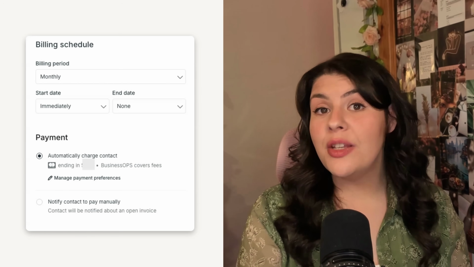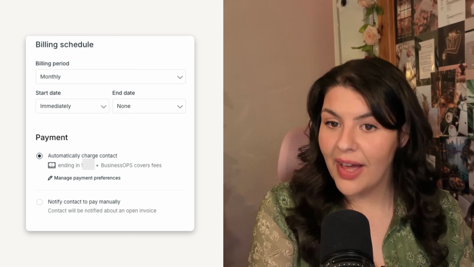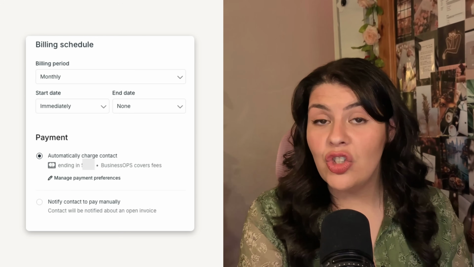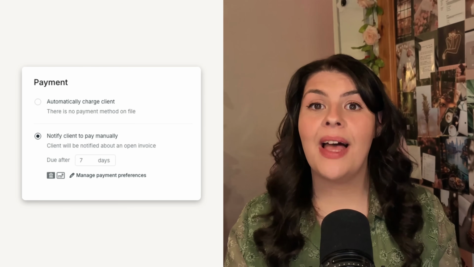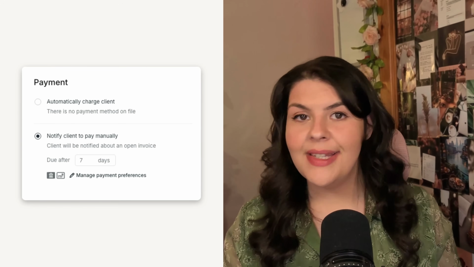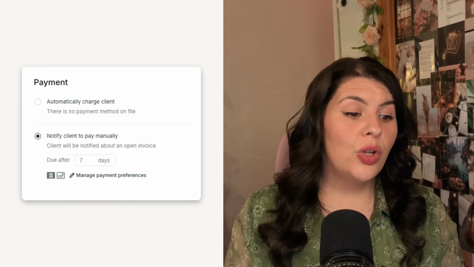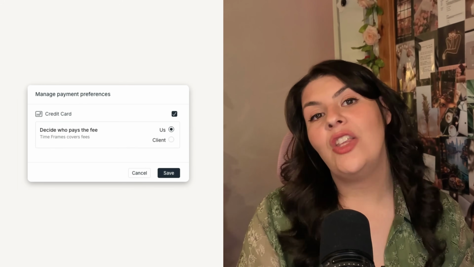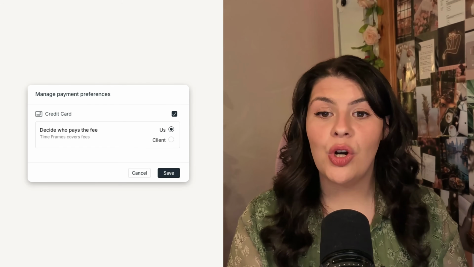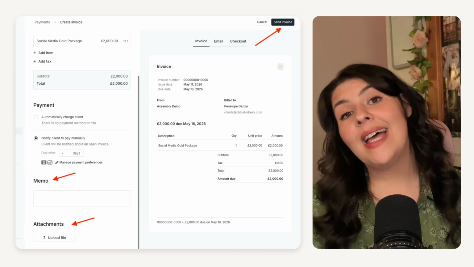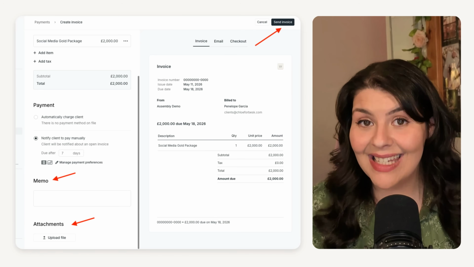So if you are automatically charging the client, it means the client has added their card, it's on file, and then you can just automatically charge them. The alternative is to notify your client to pay manually. And this is typically when there isn't a card on file. So the client will be notified about an open invoice. You will set the due date. And then again, you could still click in and manage your payment preferences. So who is absorbing that fee? You can always add a memo or any attachments if needed, and then you can click send invoice in the